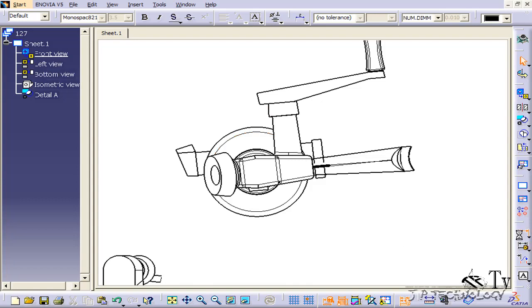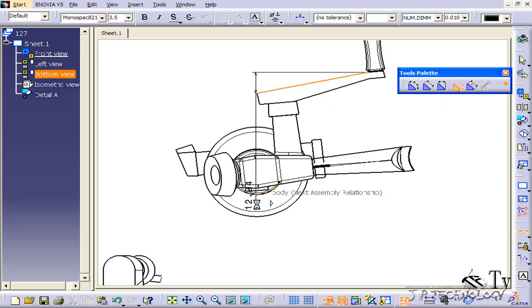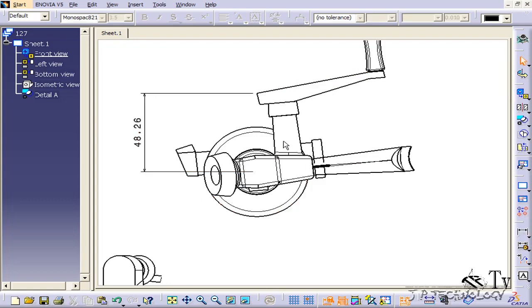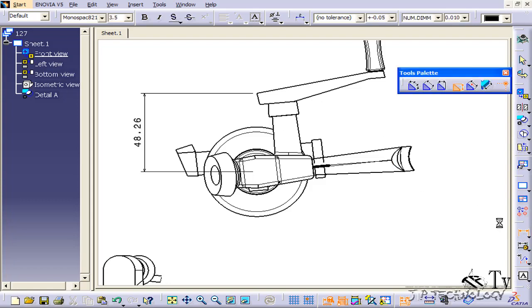Normally I'd click the length, click the vertical, click this line here, but what I'm getting is the center point of that curve. That's not what I want. So I'm going to have to play around with the anchor points. To get to the anchor points, it's while you're positioning it. So let's click length, we'll click this line here,